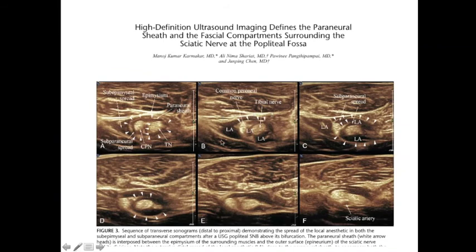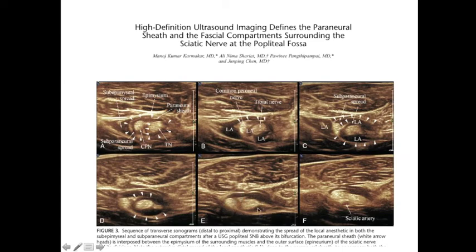This anatomical aspect, this layer, was studied in more detail and more recently by Dr. Karmakar with high-definition ultrasound to define exactly this paraneural sheath and the fascial compartment surrounding the sciatic nerve at the popliteal fossa. What we see here is that we can clearly depict this external layer surrounding the two